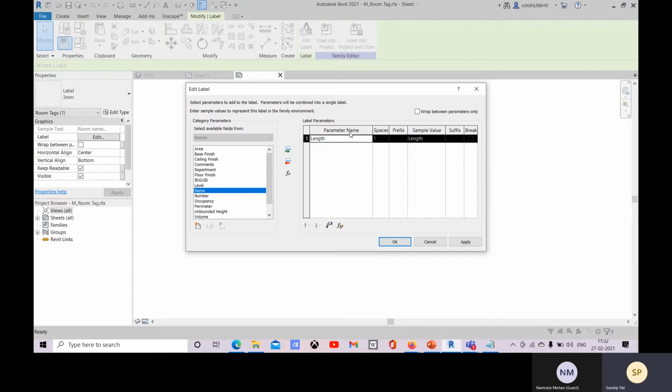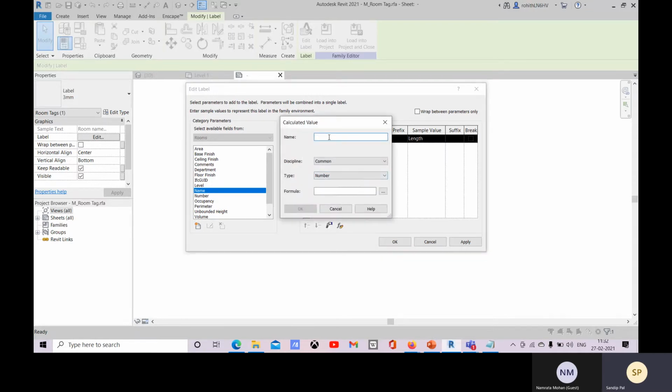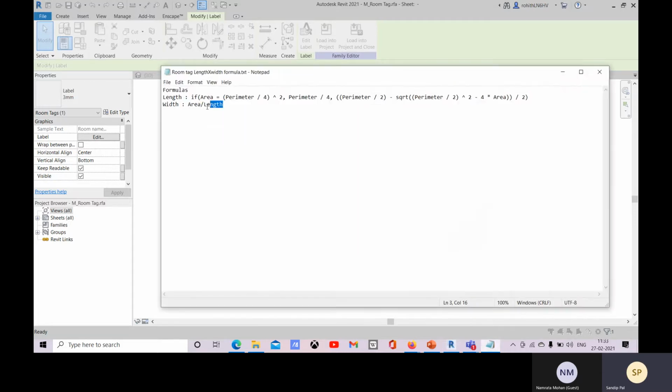Okay, that is placed, and we will add another one, so that will be width, right? So you can go with this again, and you mention width, and that will be again same length, and formula, that is your area by length.